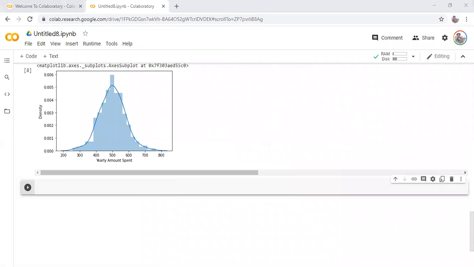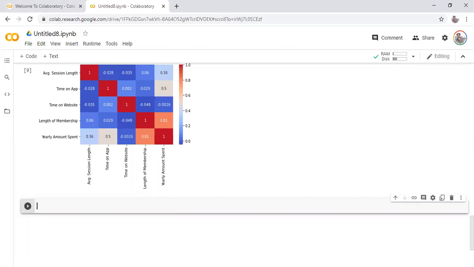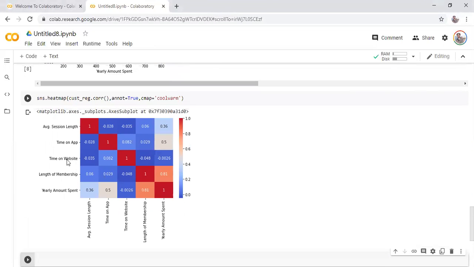So now the next step is to create a heat map to see how different parameters are interacting. So if I create a heat map, now if you take a look at it, once I see how different parameters are interacting, from this you can see this is a higher value, 0.81.